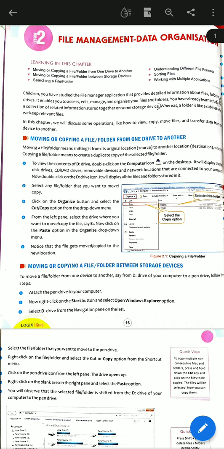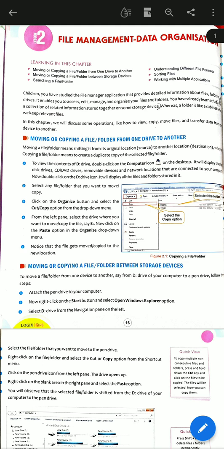Moving a file or folder means shifting it from its original location to another location. Students, moving means shifting a file from its original location to the location where you are moving it.